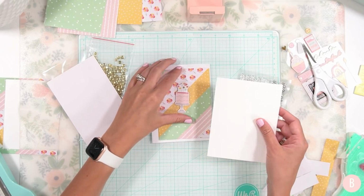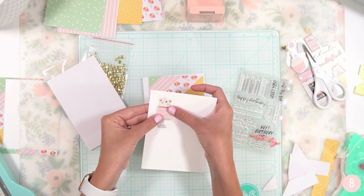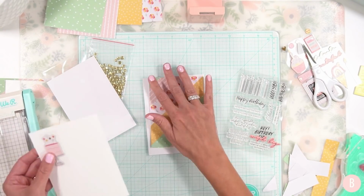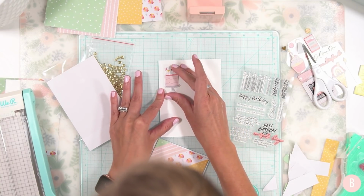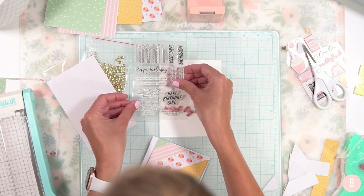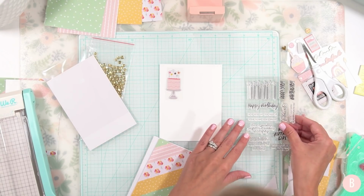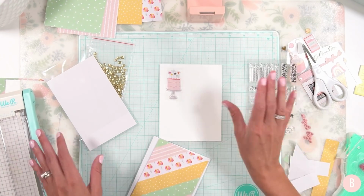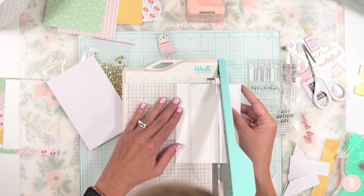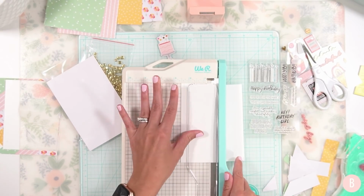Okay, bringing in another panel here. And I'm just going to trim this down. I am thinking, well, let me look at my little grid here. Well, let's see. Ooh, I think we might need to do about 2.5 inches. Let's do 2.5 inches. Okay, roughly 2.5 inches. Okay, and then